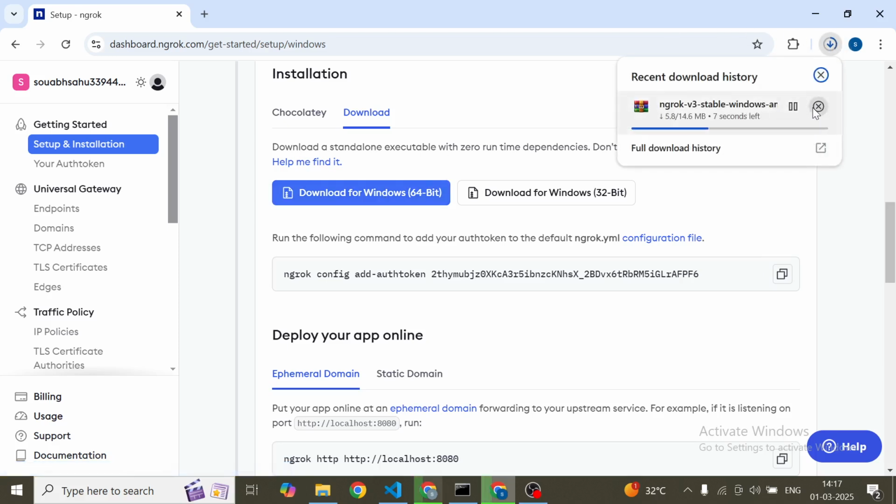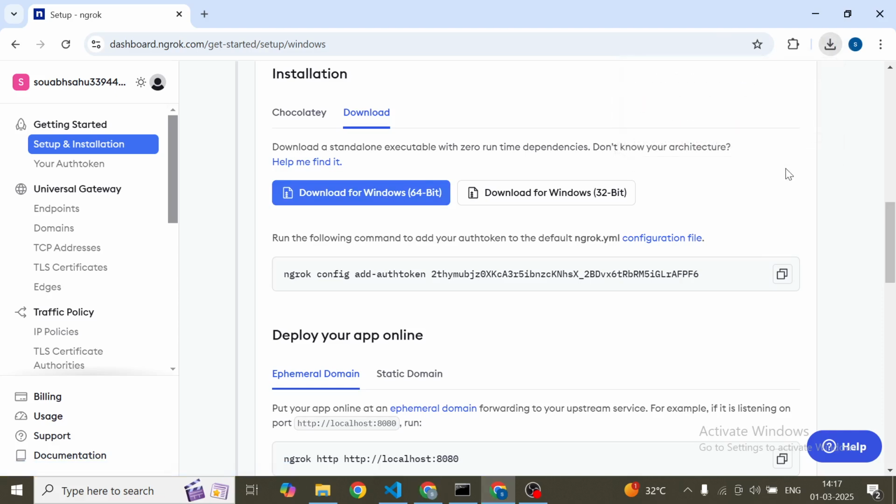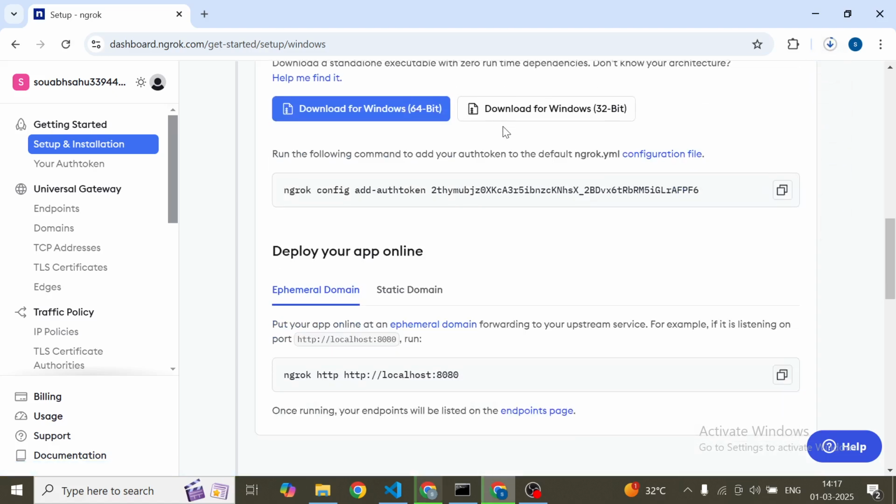so I can cancel it. Yeah. So after the download, you just have to install it. Simple installation, nothing rocket science or else. Let me show you. And second thing, like after that you can